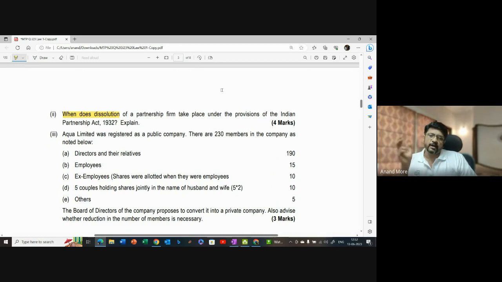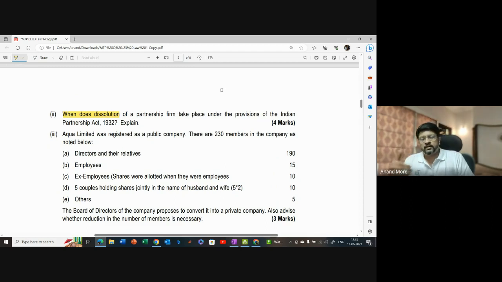Upon admission, retirement, death or insolvency of any partner, that partner gets out of the partnership relationship, which comes to an end for that partner. But other partners may decide, if authorized by the partnership deed, to continue with the partnership firm despite the death or retirement of any other existing partner.